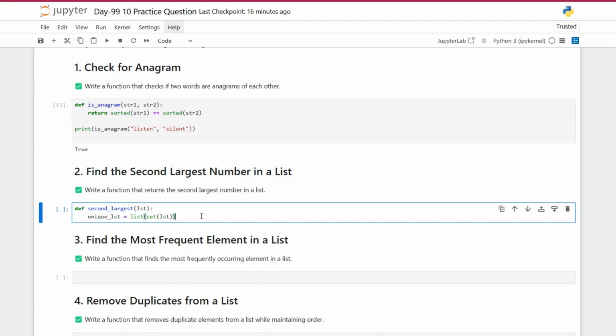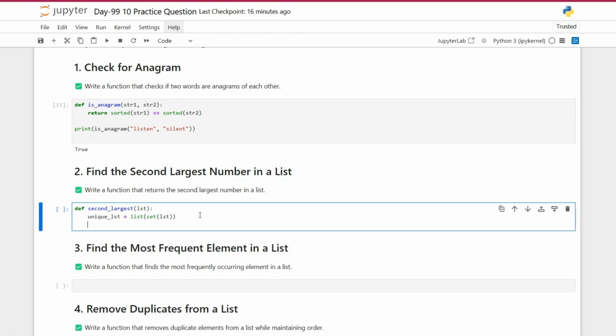We can then sort it because we want to find the second largest. So we have unique lists. We don't even know if they are properly sorted or not. So what we can do is sort it in descending order. That means the highest value comes first, the second highest value comes second, and so on and so